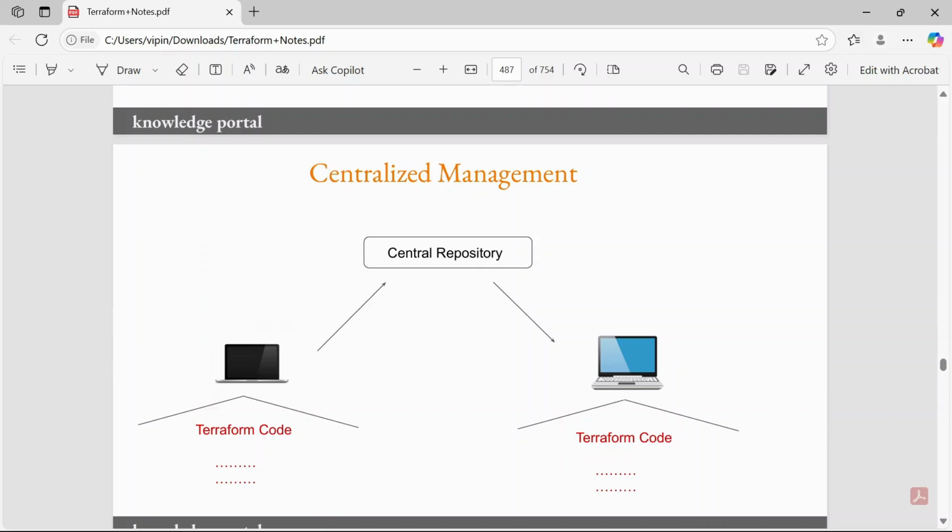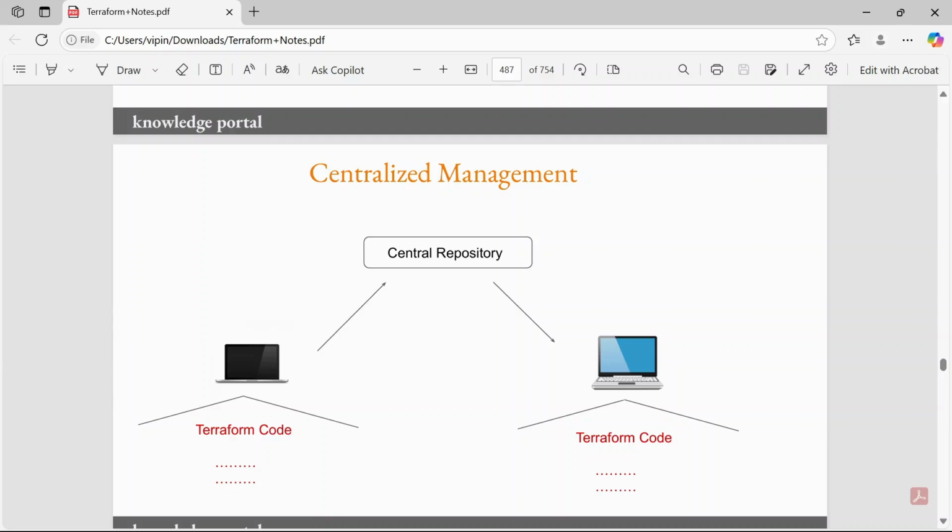Then you are going to push that code into the central repository, and whoever has access to clone the repository will clone it and work on the infrastructure development, and they will start contributing to the infrastructure development as part of your organization.